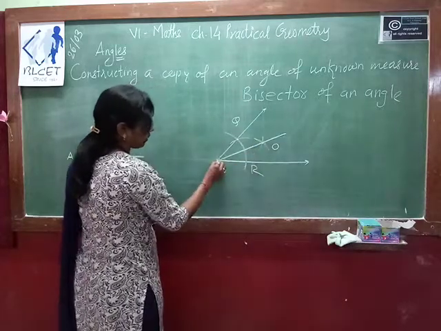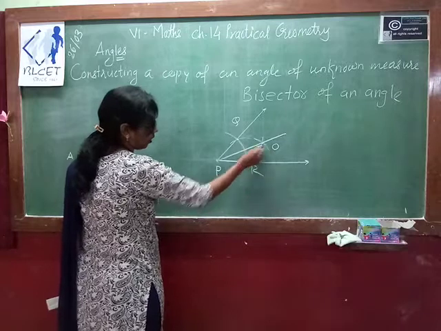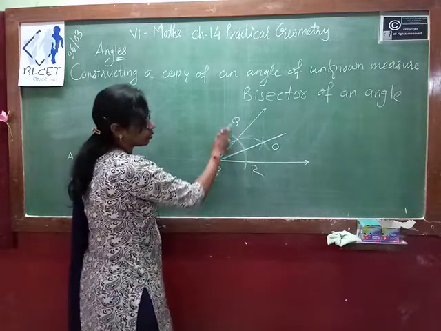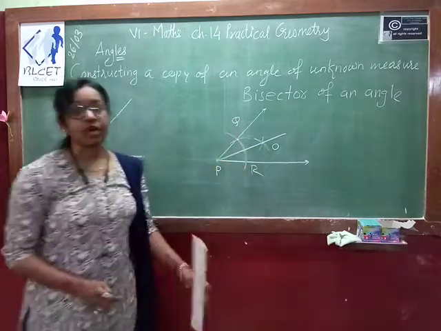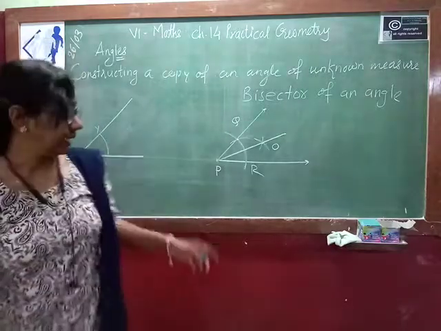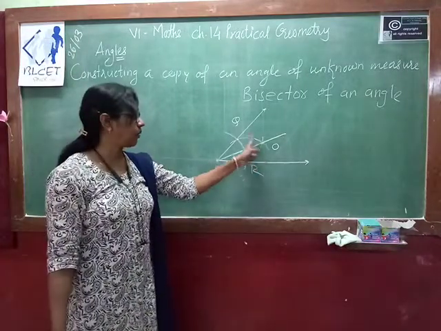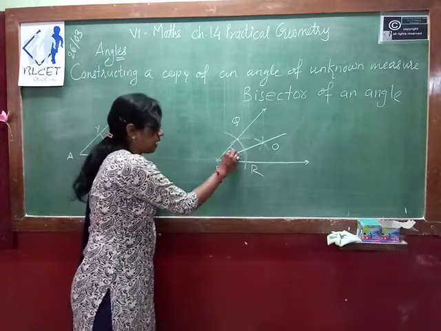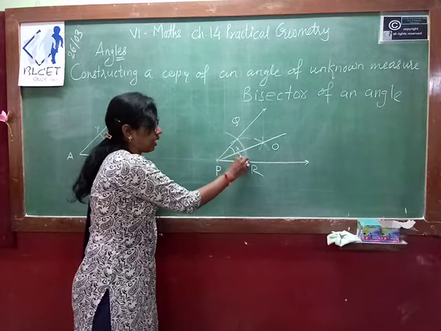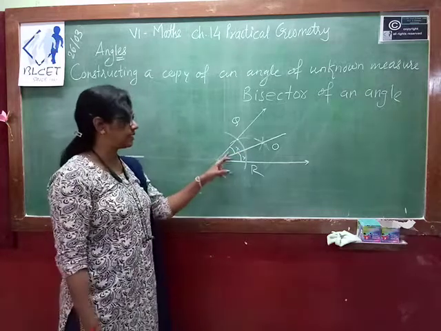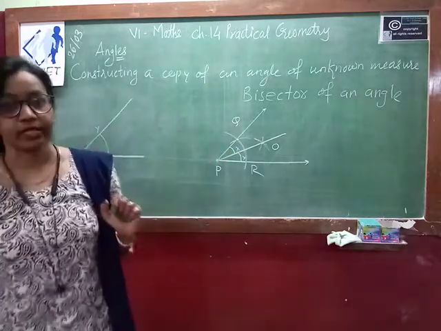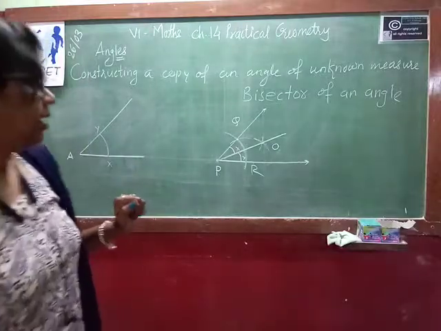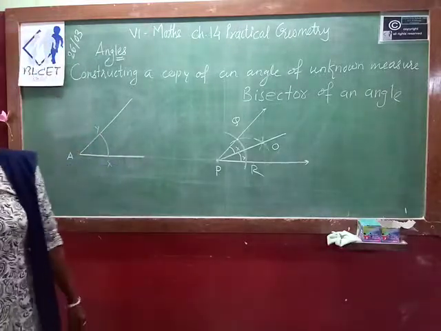So OPR and OPQ, these 2 are the angles of same measure, and this line PO divides the whole angle into 2 equal parts. Means this part and this part both are equal. So what we can say, this is the bisector. Line PO is a bisector of this angle P. So this way we can do the bisection